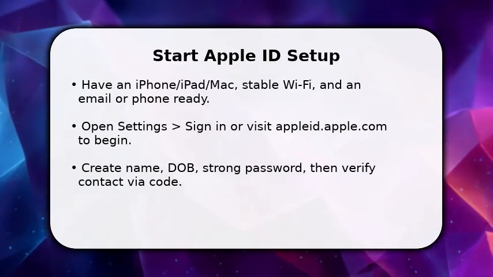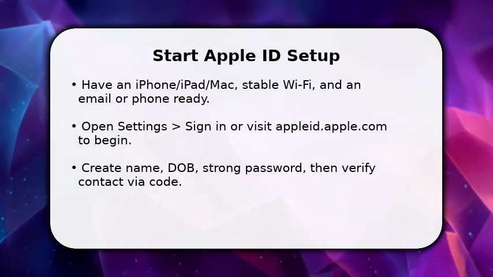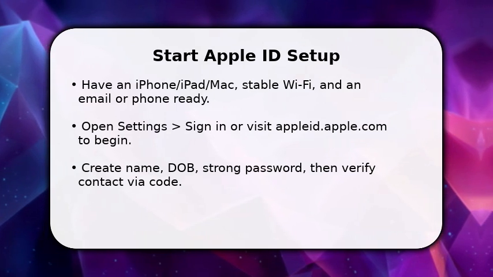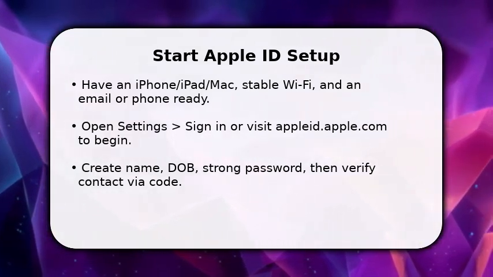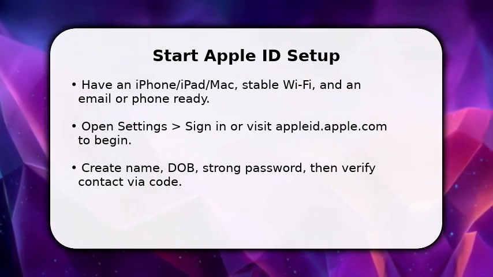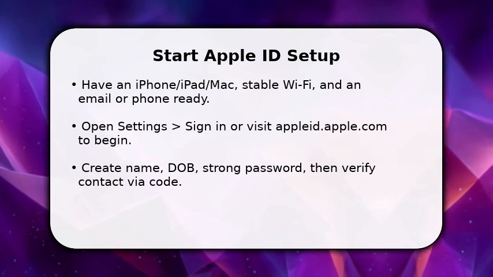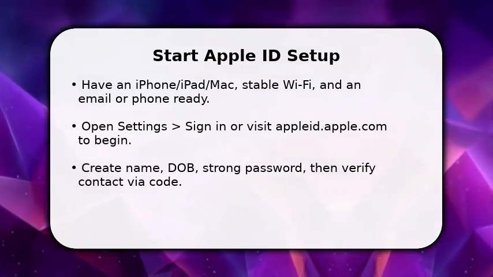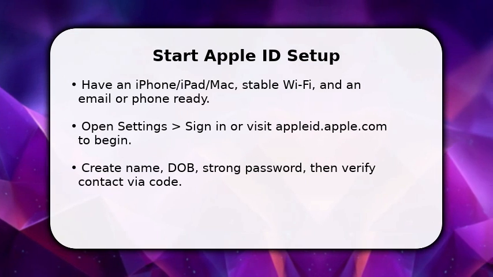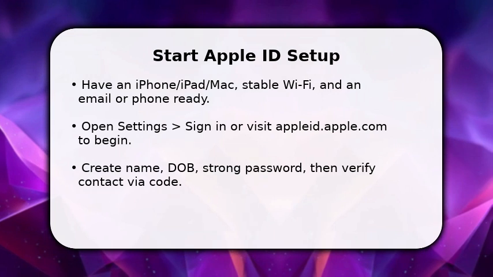You begin by confirming essentials: a device, Wi-Fi, and an email or phone number you control. Once ready, open Settings and tap Sign In or go to the Apple ID site. Enter your full name and birth date, then choose a strong password and set security questions. After you submit, Apple sends a verification code to that email or phone. Enter it to confirm. This step establishes your identity and unlocks iCloud, App Store, and device syncing, so make sure